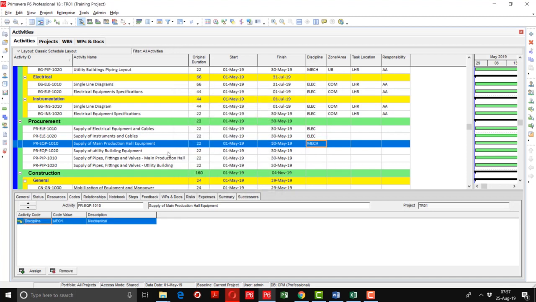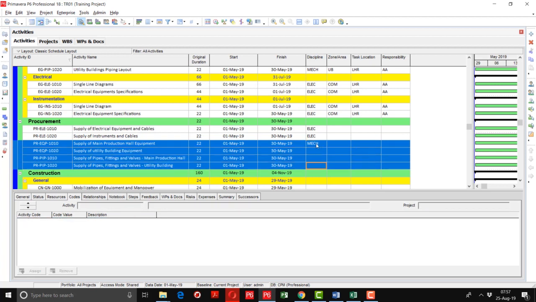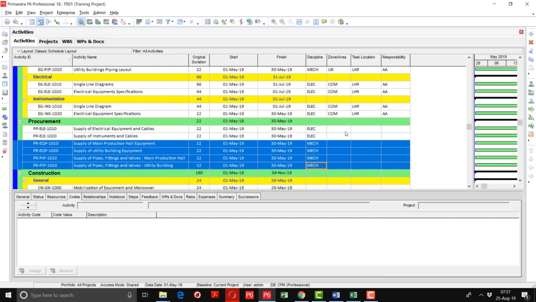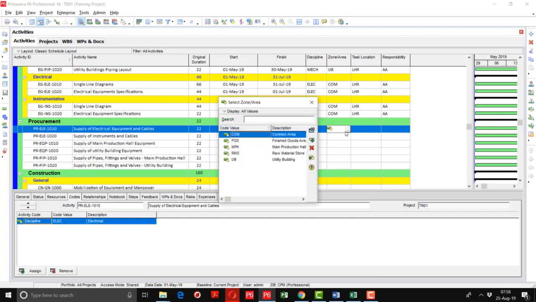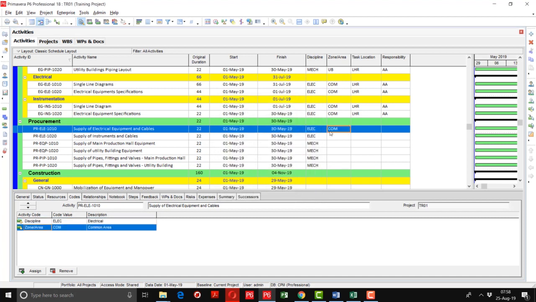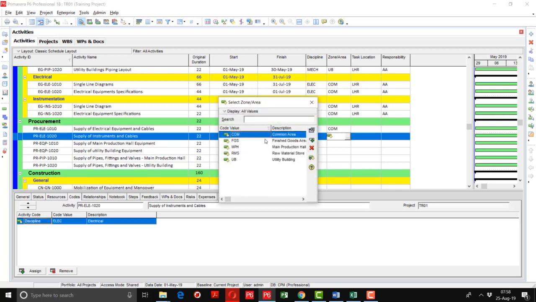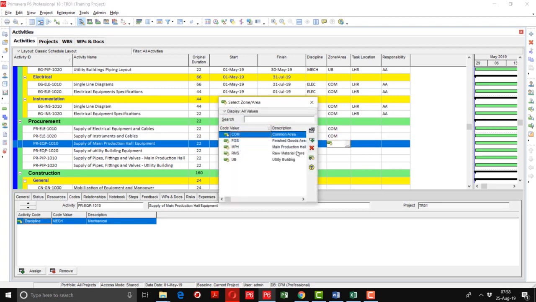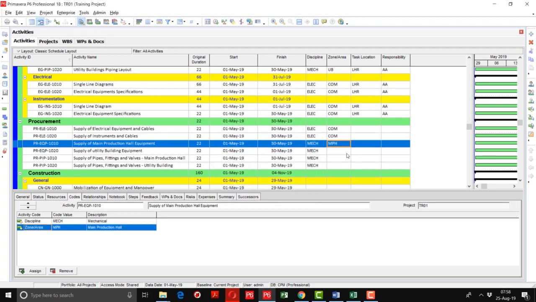So the rest of all the activities are related to mechanical, so I am going to fill it down by selecting the discipline code and doing the fill down option. Supply of electrical cable and electrical equipment and cables will come under the common area because here no area is mentioned. Same here, we will assign the common area, and here from its name representing the main production hall equipment, so I'm going to select main production hall as a zone area,